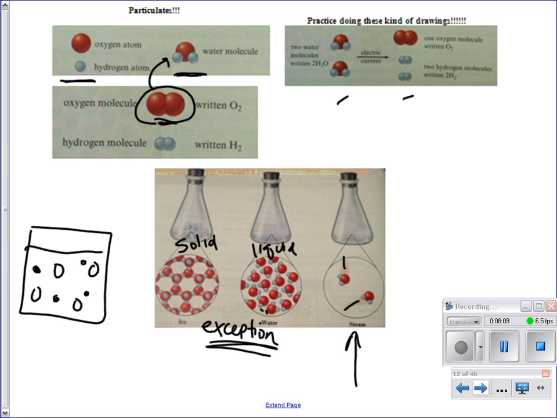This is important about water. Look at water. Are these molecules in the solid closer together or further apart? They're further apart. So this is actually less dense than liquid water. That's why, what does ice do? It floats, okay? The question I have for you, and we're going to get into an entire unit on this, is why does water do this? Water's the only thing that does this.